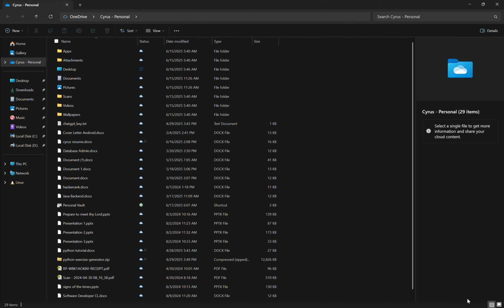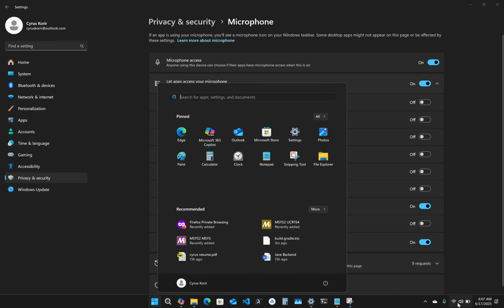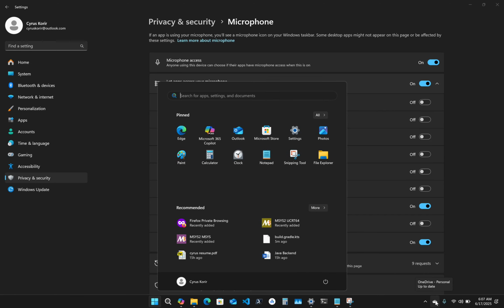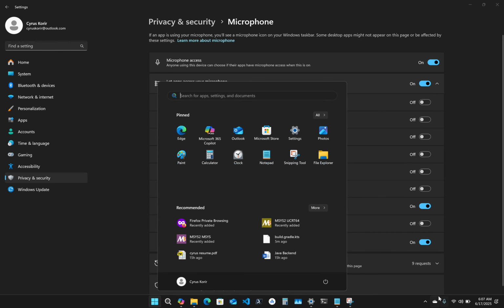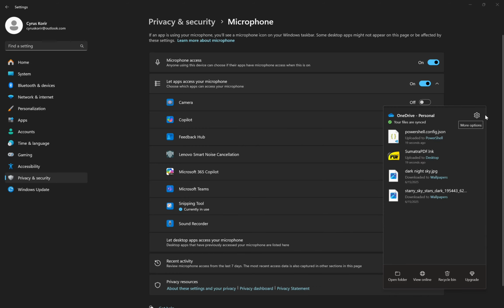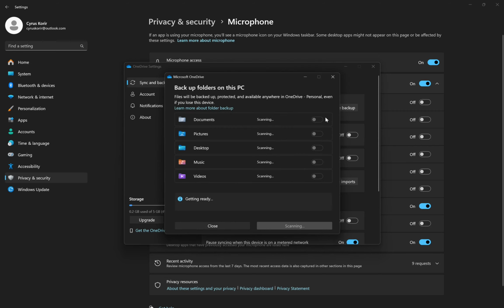I can press the Windows key, can come here, taskbar, below the taskbar, or at the action center here, and then go to the more options, and then let's go to settings, and then under settings, under synchronize and backup, go to manage backup,